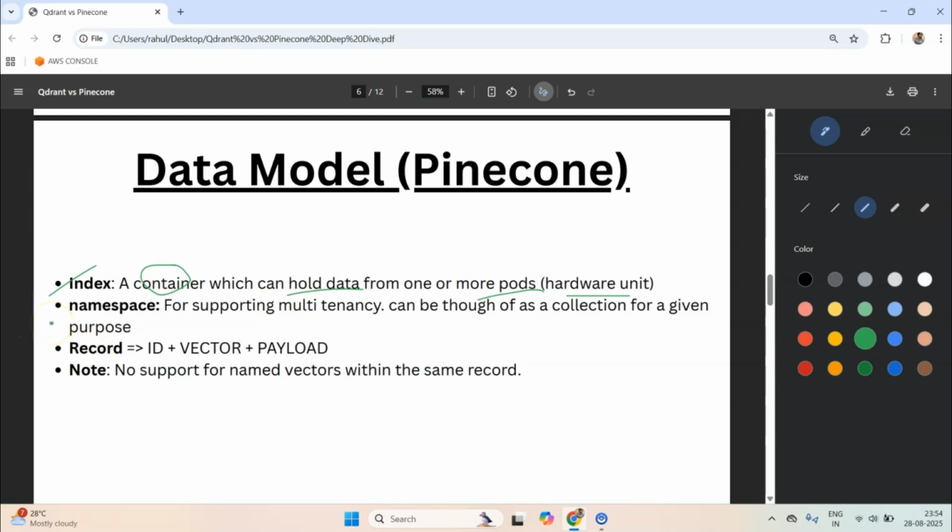Now one unique thing about Pinecone is the notion of namespace. This is a very unique thing with Pinecone, and you can think of Pinecone's namespace as its strength, and you can compare this very loosely with collections, because namespaces allow, within the Pinecone index, one index to have multiple namespaces.